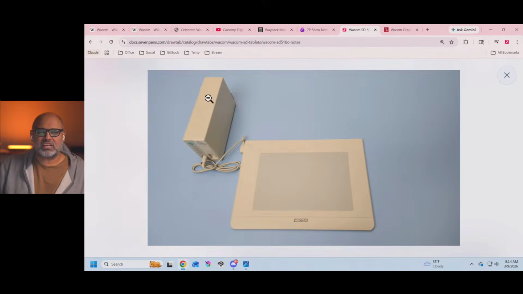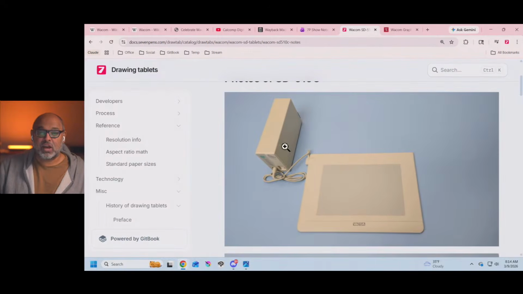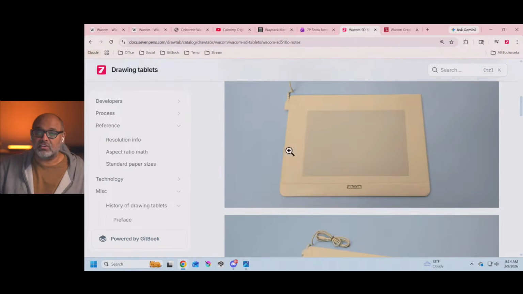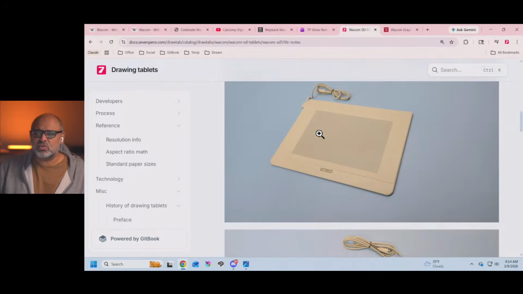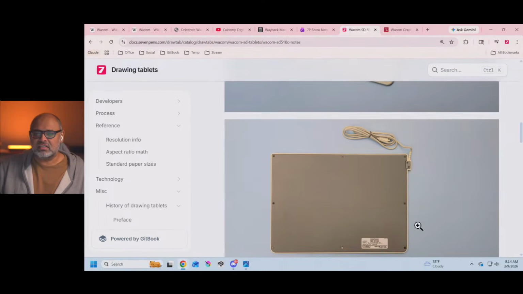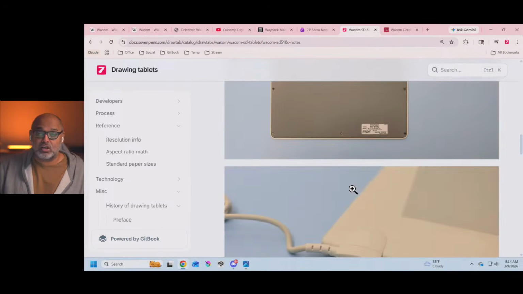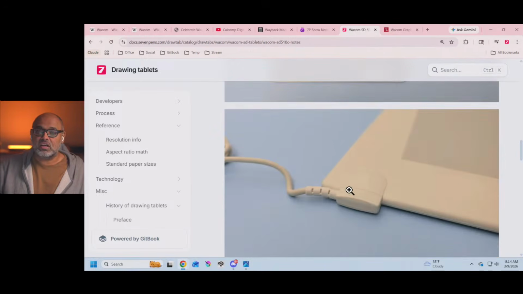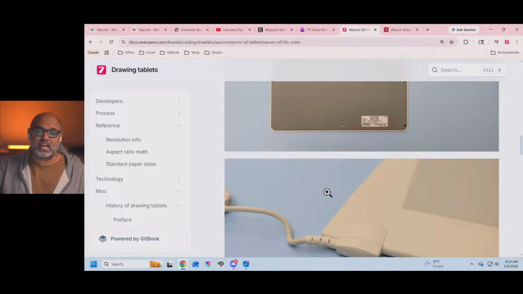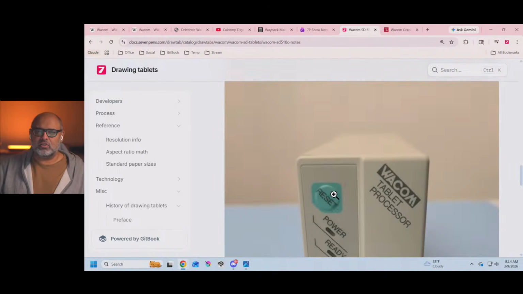It's also got this tablet processor box. We'll talk about that. So you have to have this box attached to the tablet, and there's another cord that goes from the box to the computer. Other than that, the only thing unusual about it physically is the cord is attached. But it looks good. It feels good. If Wacom released a tablet that had this shape, you'd be totally cool with it.